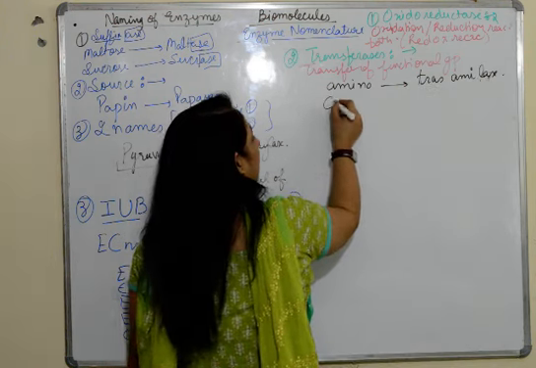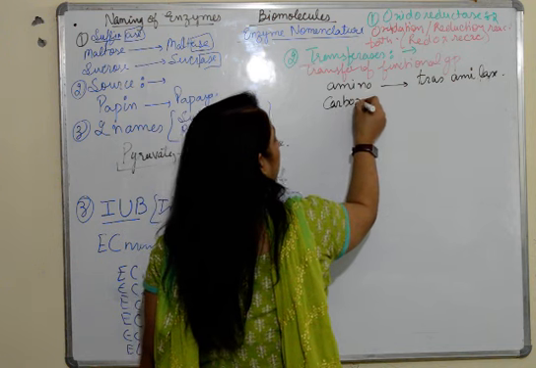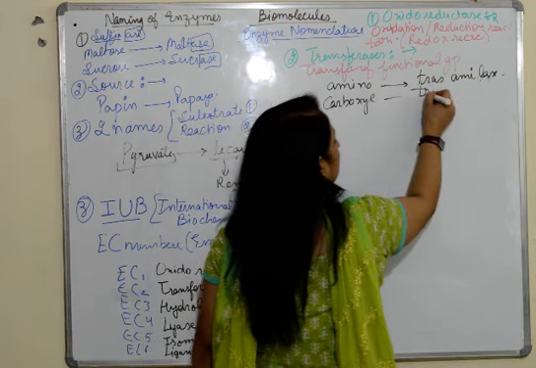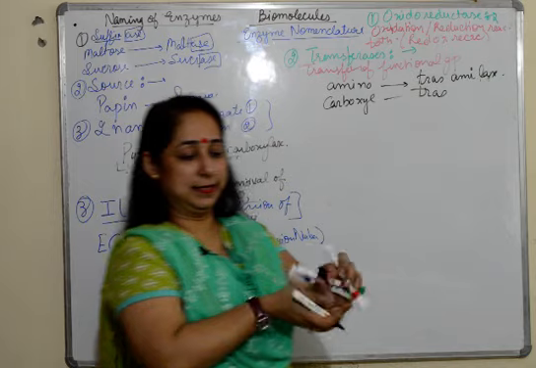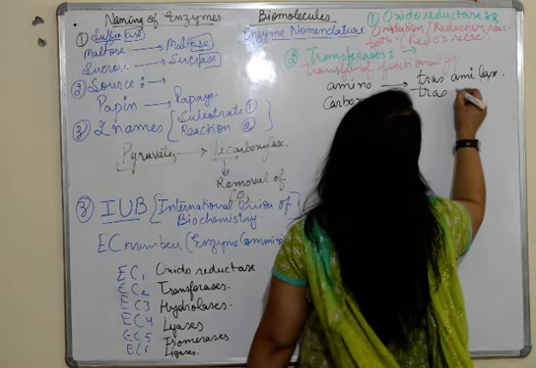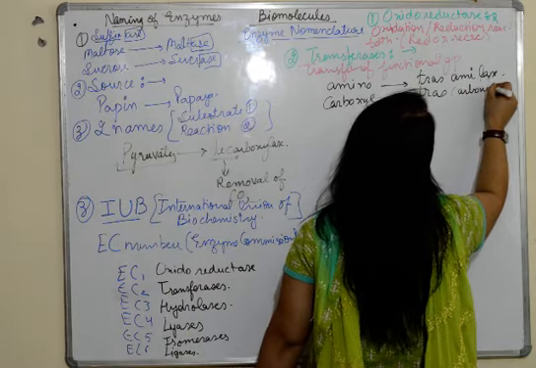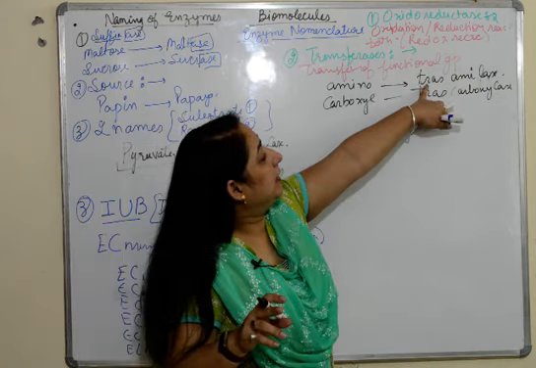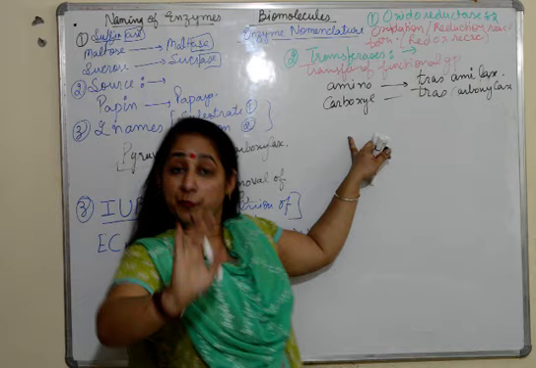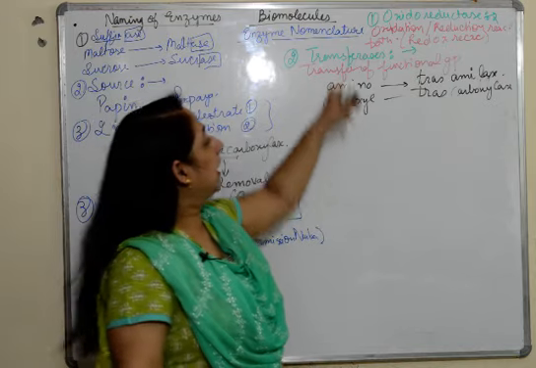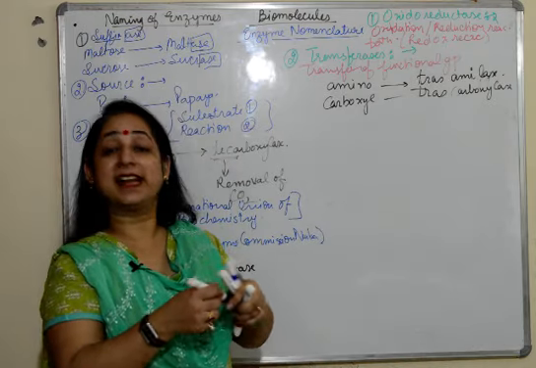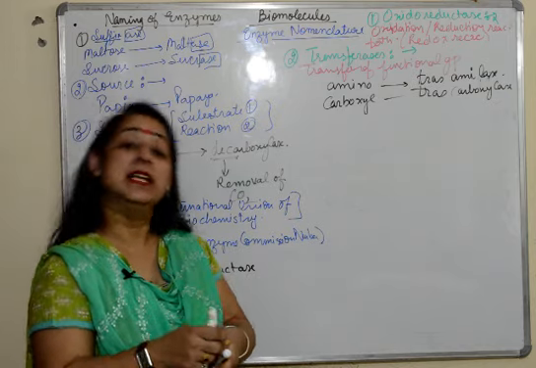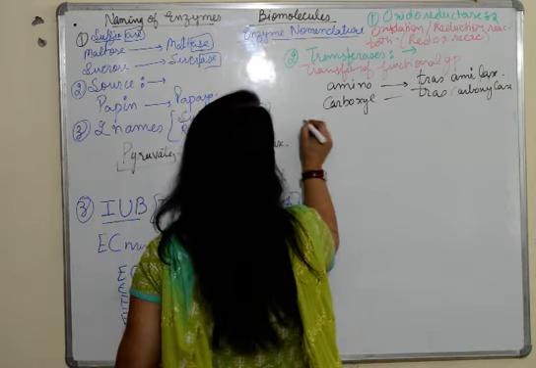And if it is a carboxyl group, it would be transcarboxylase. Fine. So herein the name depends on the functional group which has to be transferred. So they are transferases. Wherever the transfer of functional group has to take place, these enzymes are used. Next are